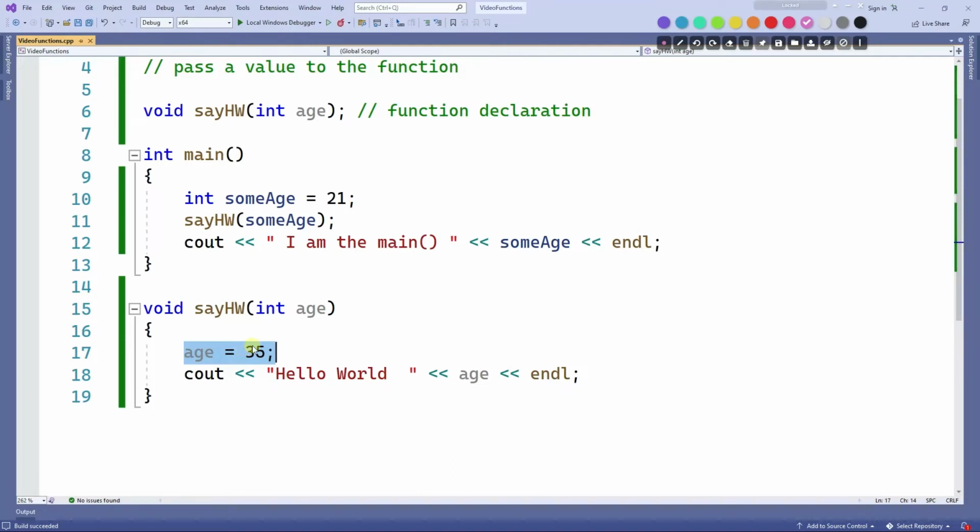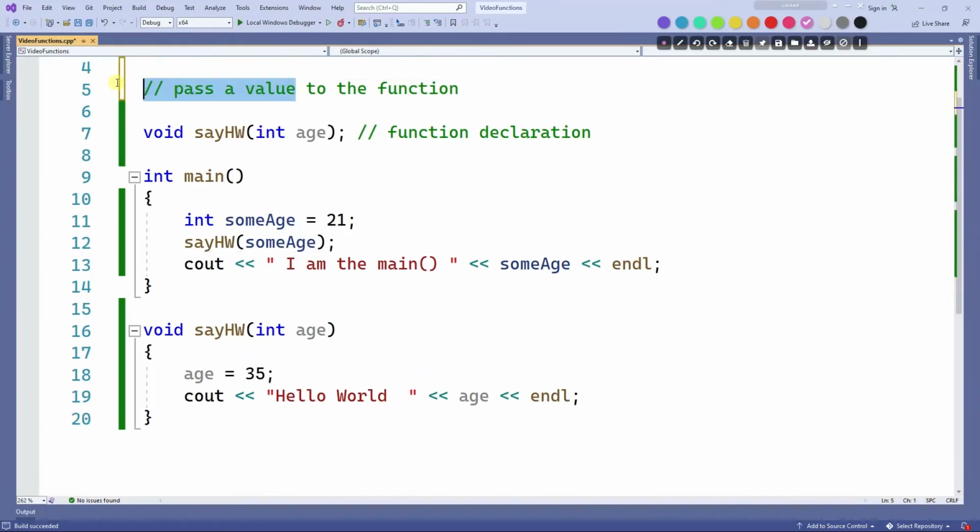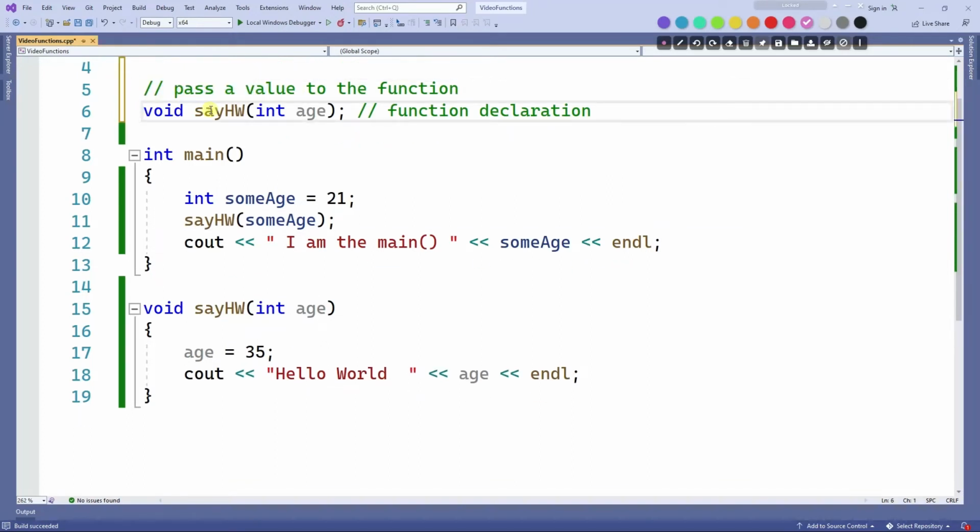The reason that happened is because we're passing this number by value. So this is passing by value. When you pass by value, what you're doing is just passing the actual number and not the variable to the function. But now, what if we want to actually change the value? What if I want to send the 21 to this function, and then on the way back to the main, I want this value to remain whatever value this function changed? If that's the case, you need to pass,